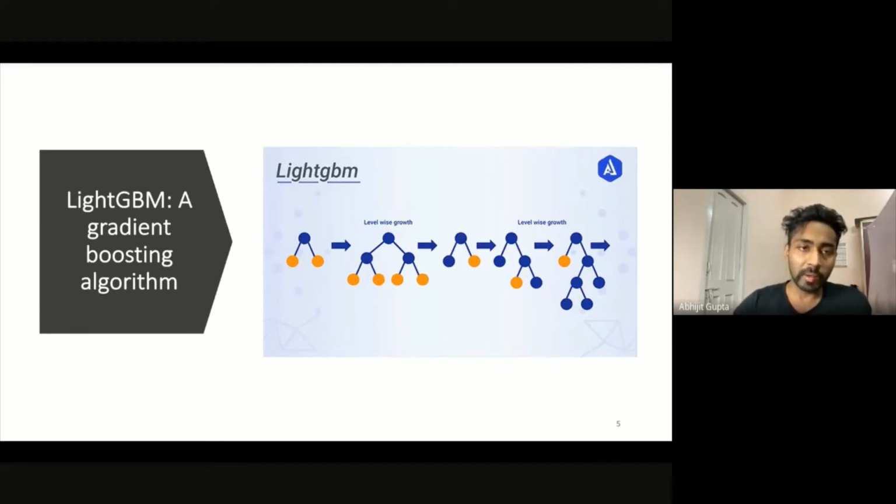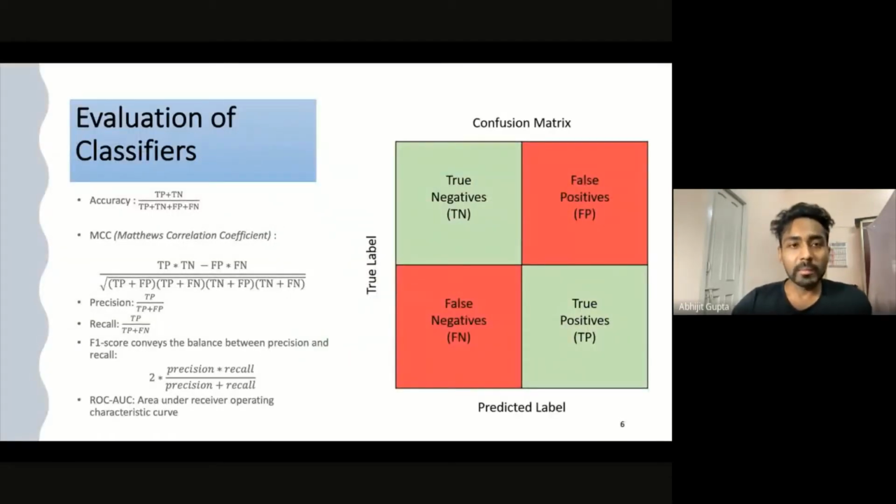I think you could be familiar with its cousin XGBoost, which is used a lot in industry as well as in academia for running this gradient boosting technique. As it is a class imbalance problem, accuracy is just not a good metric to assess whether our machine learning algorithm is performing well or not. So we tested using a host of other evaluation criteria, particularly the MCC score, which could be incorporated when you are judging the performance of an algorithm working on an imbalanced data set. Others are precision, recall, and F1 score.